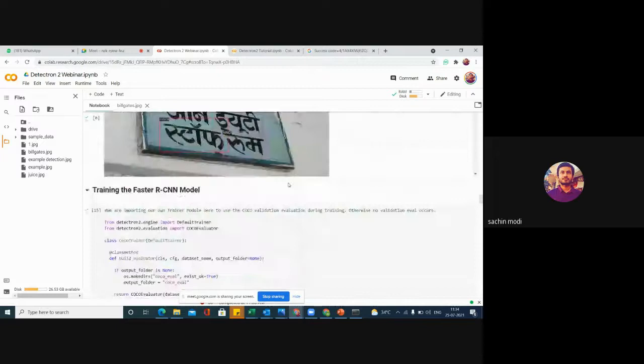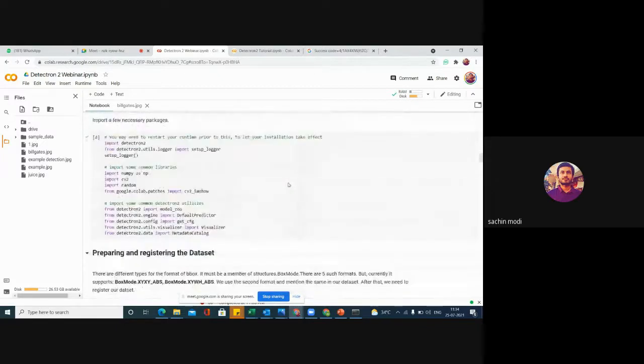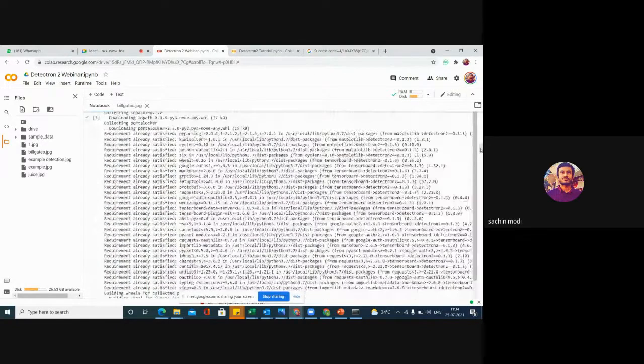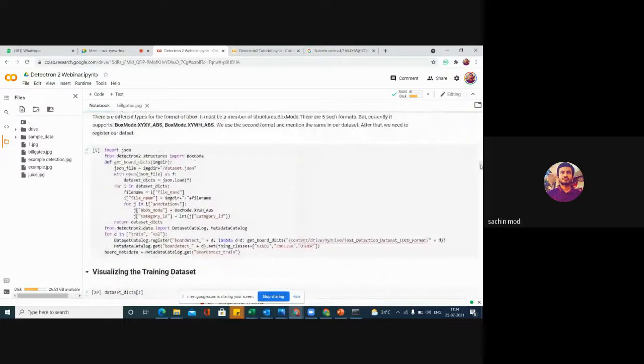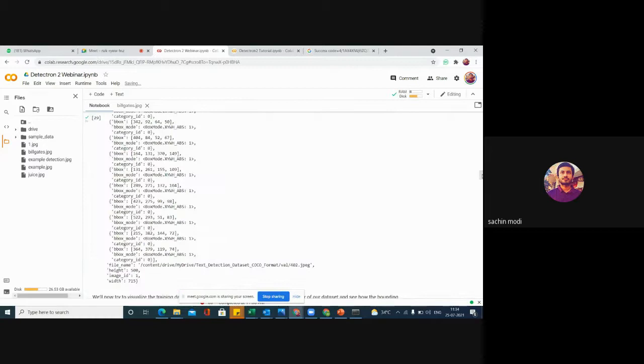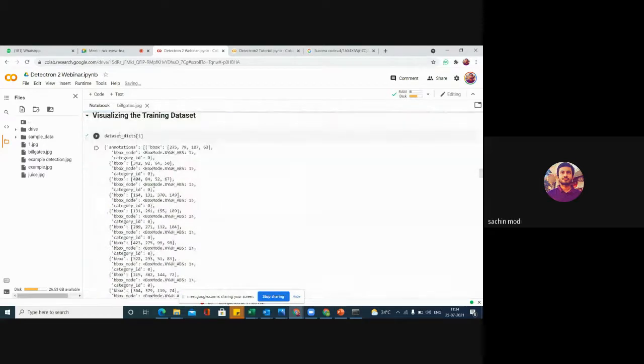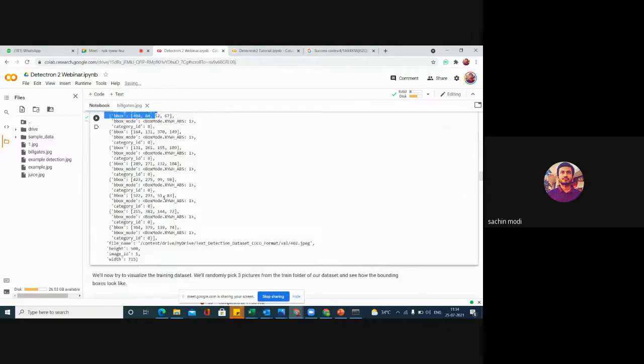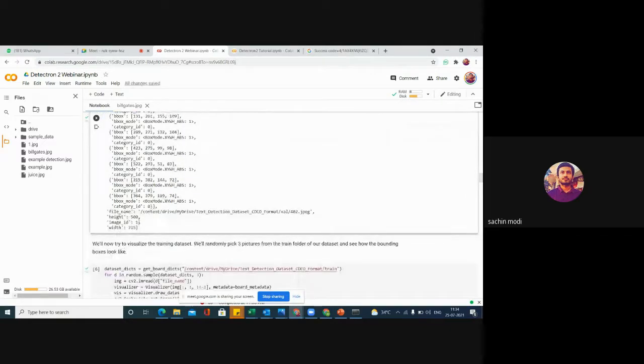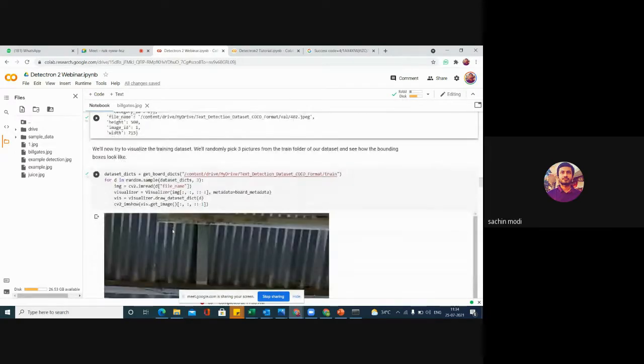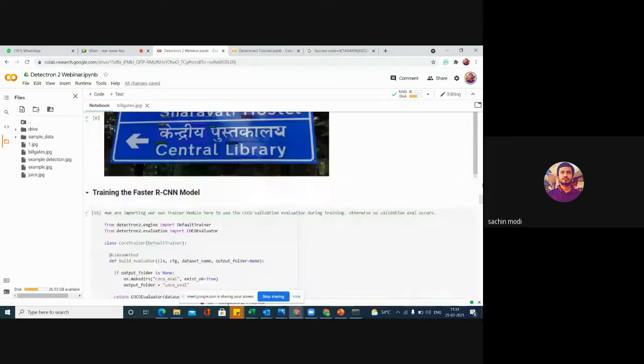So during training, we get the data set or annotations in this format, with a list of dictionaries, one for each bounding box, with height and width and file name and the category IDs. Then the next step is to register this data set.